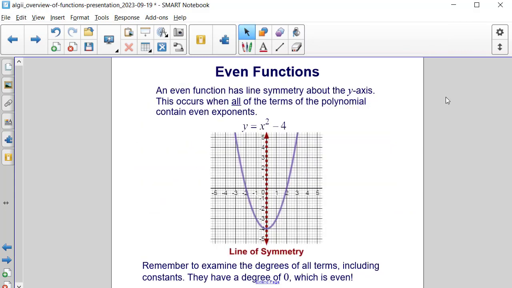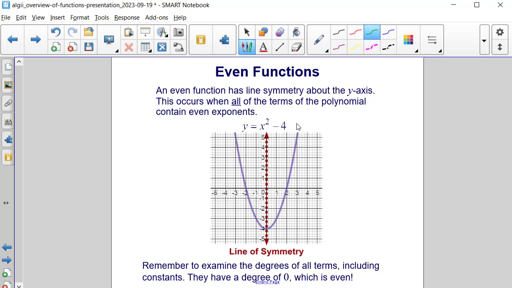Now let's talk about how symmetries are related to the type of functions that we have. An even function has line symmetry about the y-axis. This occurs when all of the terms in the polynomial contain even exponents. So in this example, we have y is equal to x squared minus 4. You could also rewrite this as y